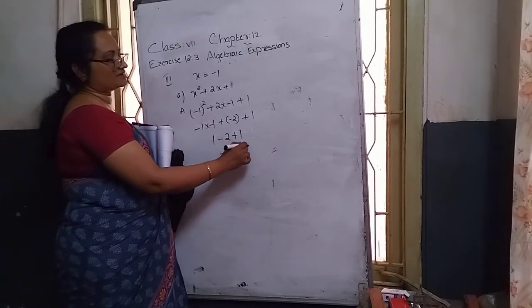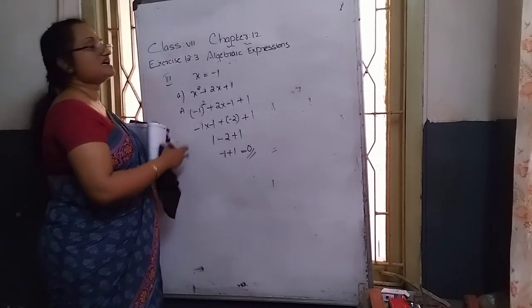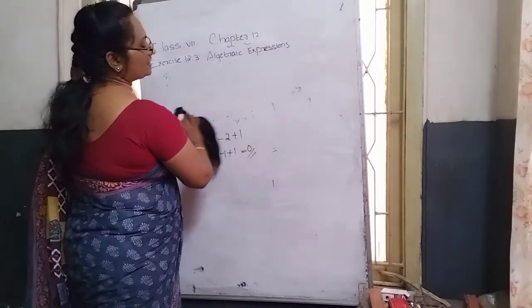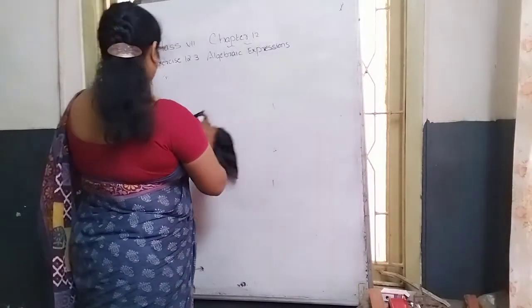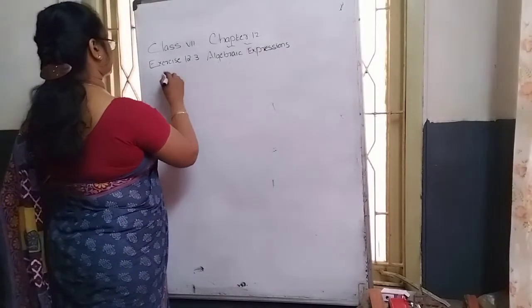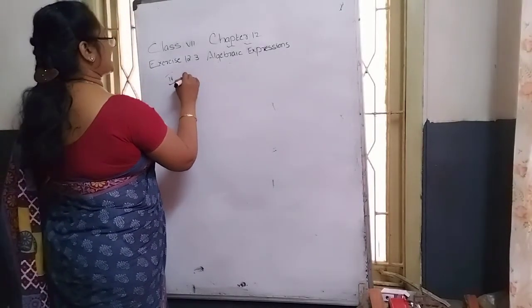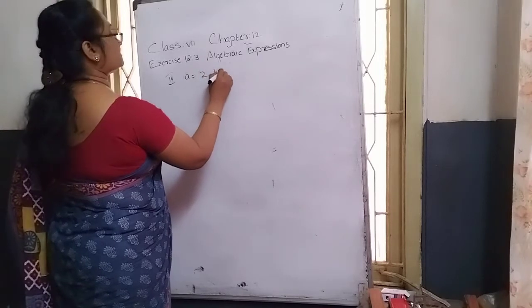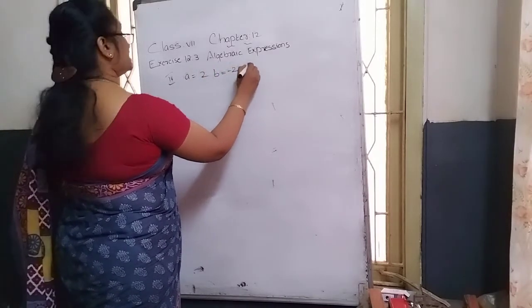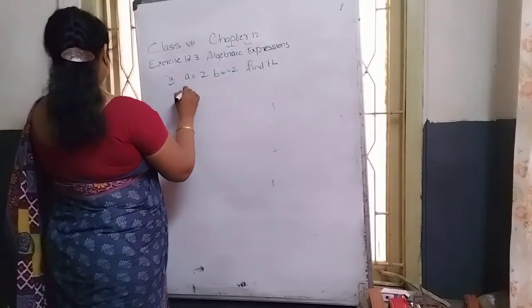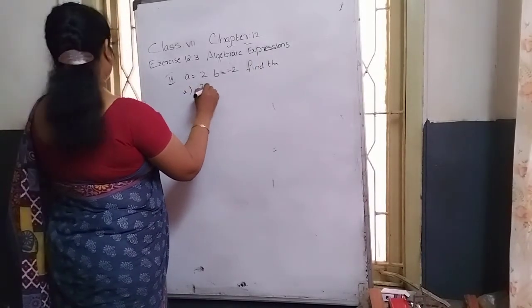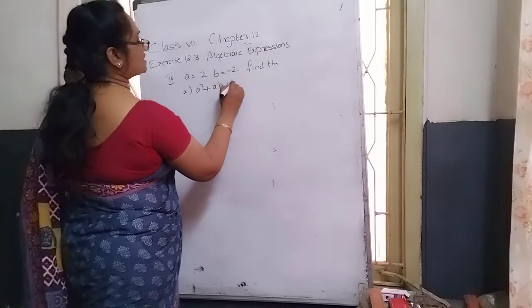1 minus 1 comes to be how much? 0 is the answer. In this way, in the third Roman there are 2-3 questions, and we want to do them like that. Next, the fourth Roman case. In the fourth Roman, A value is given as 2, B value is given as minus 2. Find the value. They are also the same process only. The question is A square plus AB plus B square.